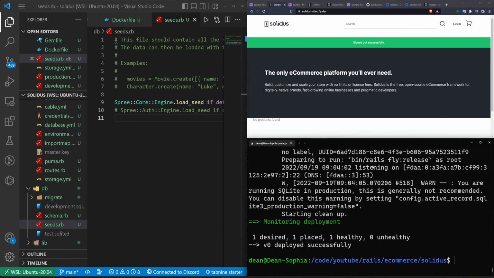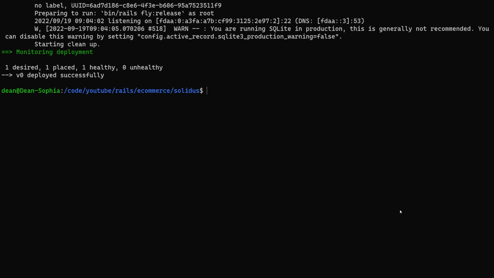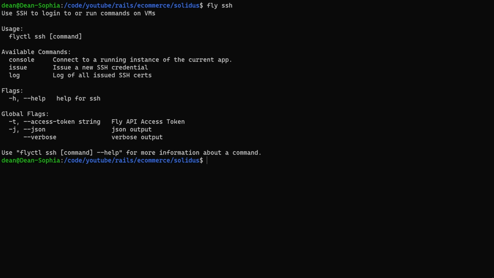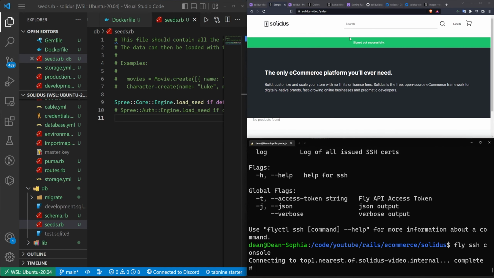Now to do this, basically what we have to do is we have to SSH into our instance. So we have our fly command. We can do a SSH. SSH gives us some options, including the console option. So if we do fly SSH console, that should SSH us into the console for the application we're currently in. So in this case, it's going to take me to the Solidus-video one, which is this app right here that